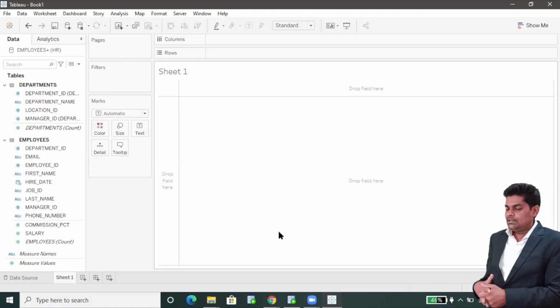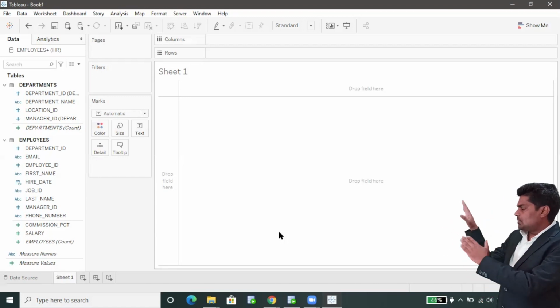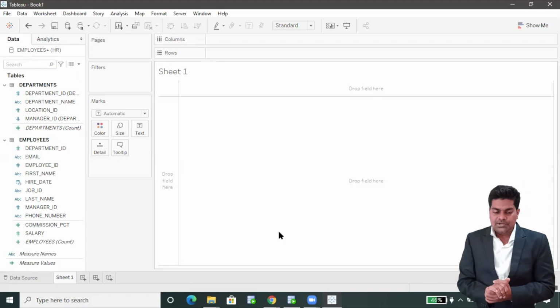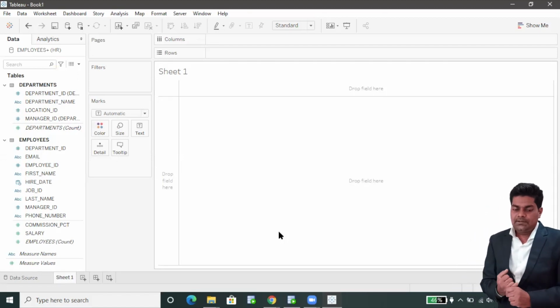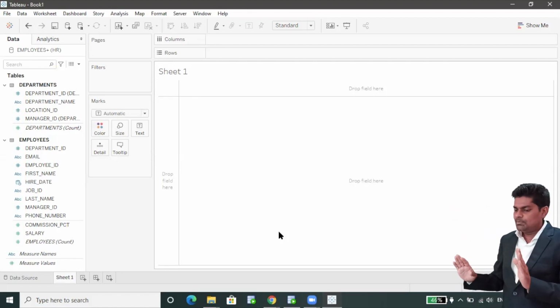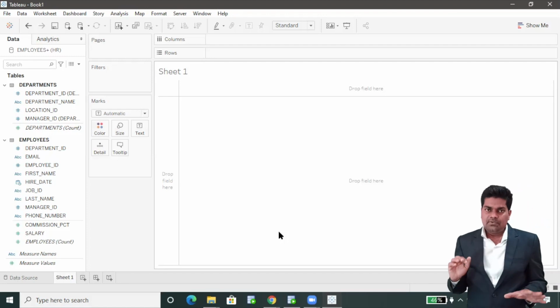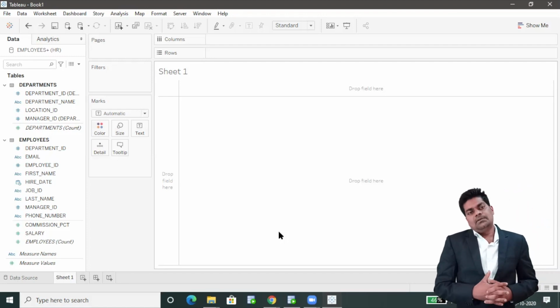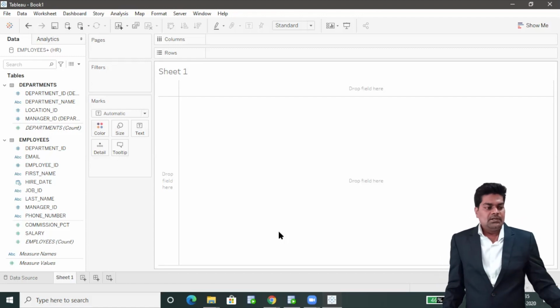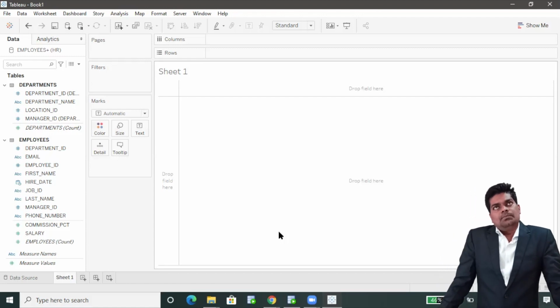This is a sheet, and this complete thing is called a worksheet. Then we have cards, pages, filters, and so on. Someone is working on a visualization, some worksheet, some complex calculations, parameters, and creating dashboards. There are multiple things, and that is the work of a team.